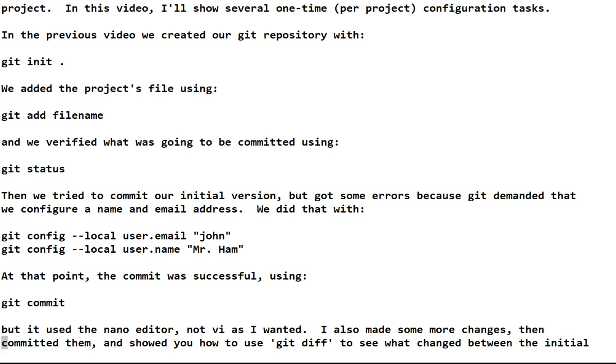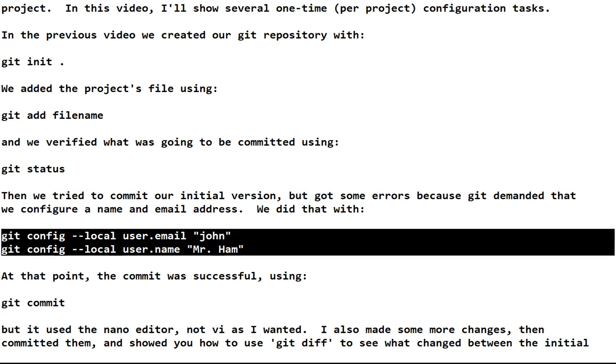It suggested global configuration, but that would set it for all projects. And you might want to use different emails for different projects. You might want to specify your full legal name for some projects, and for other projects you might want to use your nickname. So I used git config local, and we set the user email and user name